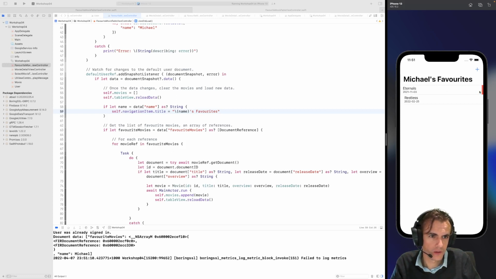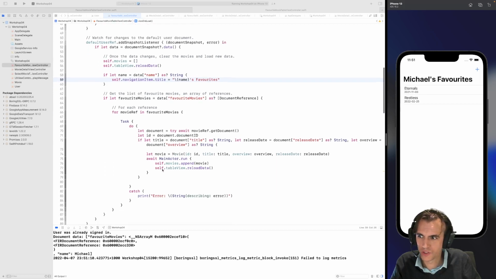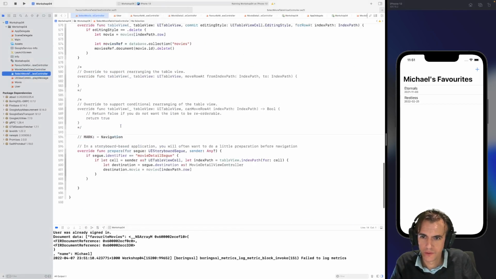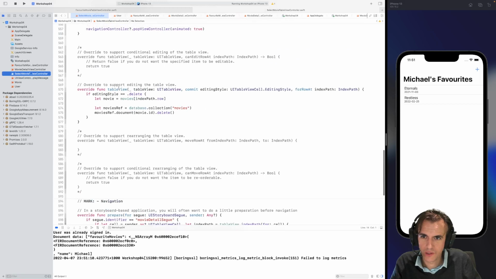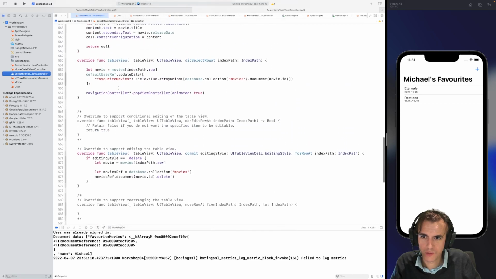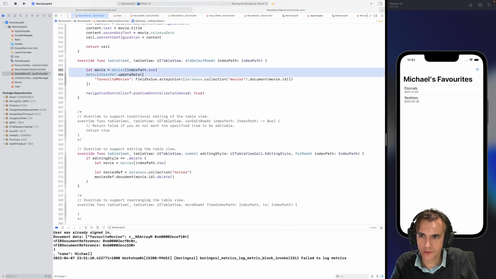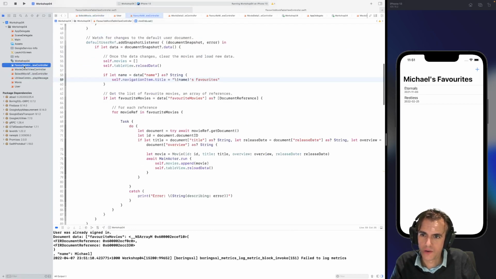I can click delete and nothing happens. So how would we do deletion? Well, the deletion would be pretty much the opposite of what we had with our addition of an element. So let's find that. That was in my did select row at index path. That's here. Basically just this code here. So let's grab this, and